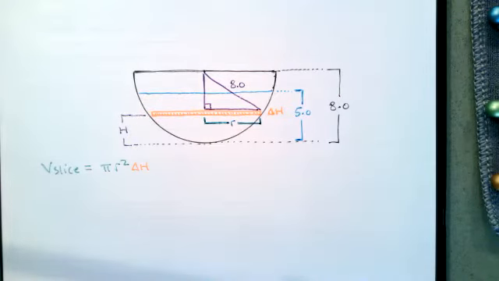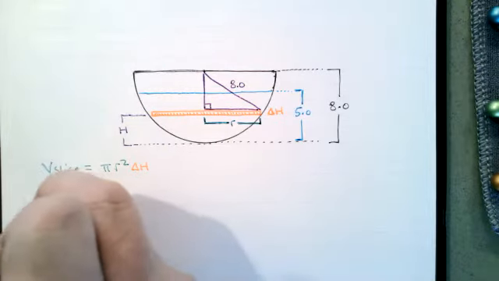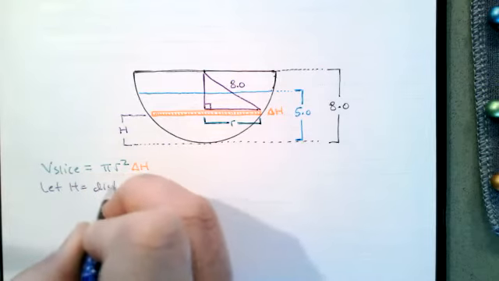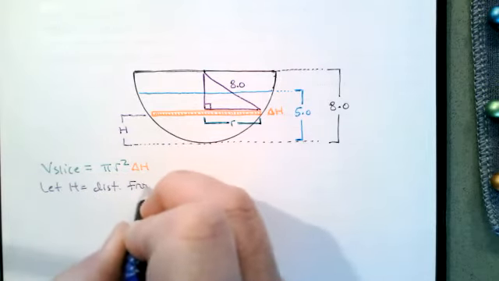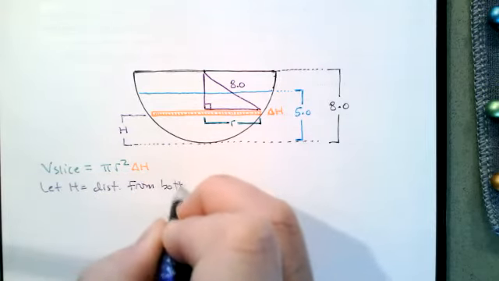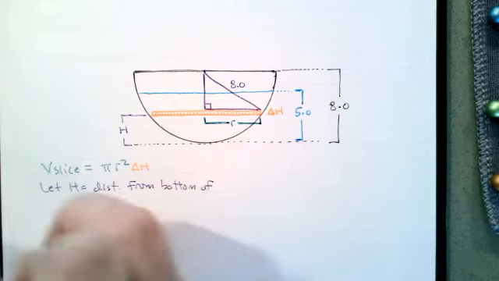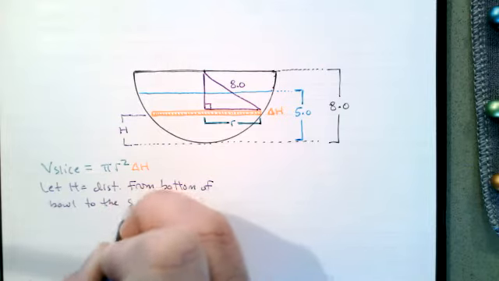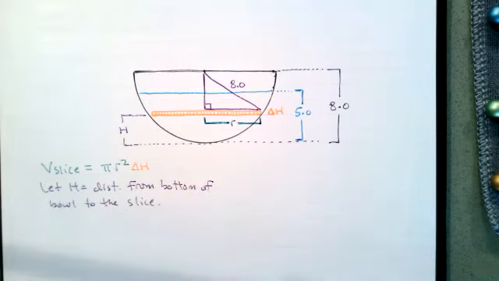So I'm going to let H be the distance from the bottom of the bowl to the slice, because we're changing things up. Let H equal the distance from the bottom of the bowl to the slice. Once we make that decision,